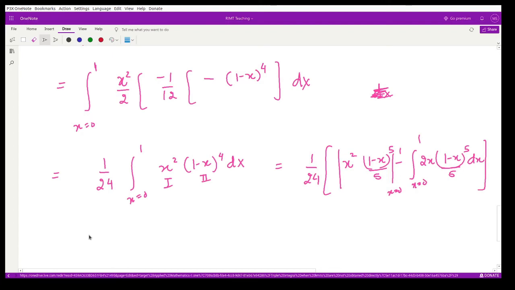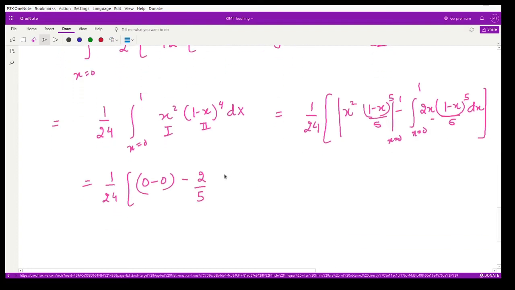And next, for the first term when you substitute the limits, you have 0, this becomes 0 only, and for the second term minus 2 into, here also we can apply the by part. So we have 2 by 5 outside, so this becomes equal to 2 by 5 outside minus outside, and then integration from 0 to 1 of x 1 minus x to the power 5 dx. So this is equal to minus, this 2 and 24 cancels, 12, we have 1 by 60, and then the